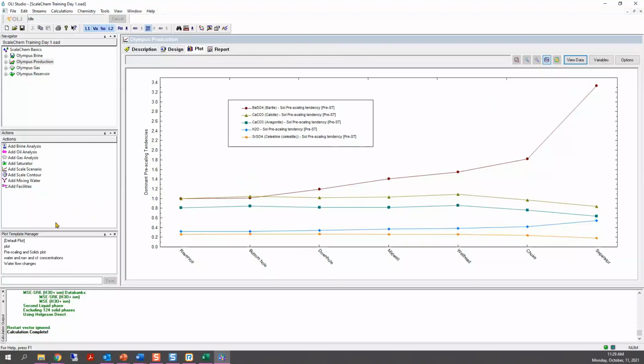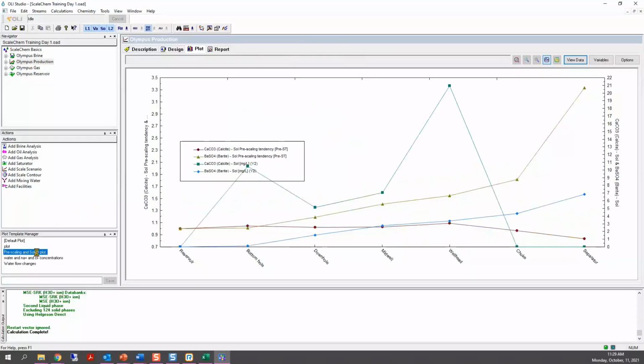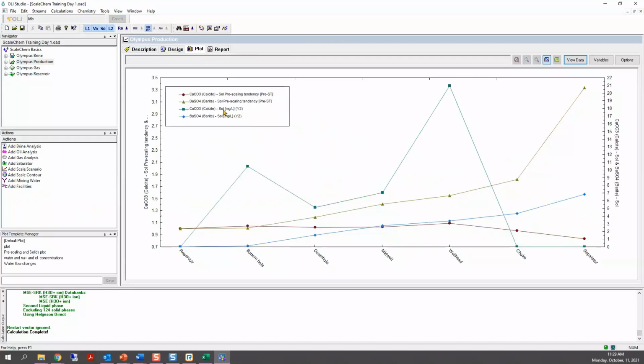If we go to the pre-scaling and solids plot that we created, here we have the amount of calcite and barite solids that will form at each location. Again, this is the condition where we are accounting for saturation at reservoir. Compared to the previous calculation, maybe it doesn't change that much, but here we are being extremely conservative, and that's why I did the saturation with those minerals at reservoir.